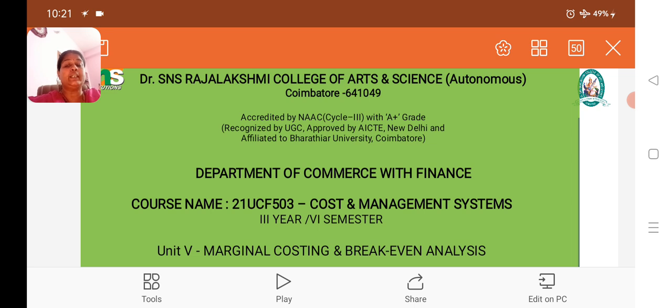The conclusion is that marginal costing and break-even analysis are very powerful tools used in financial management, allowing businesses to make informed decisions about pricing, production, and cost management. They help in understanding how costs behave with changes in production levels and sales, and in assessing the profitability